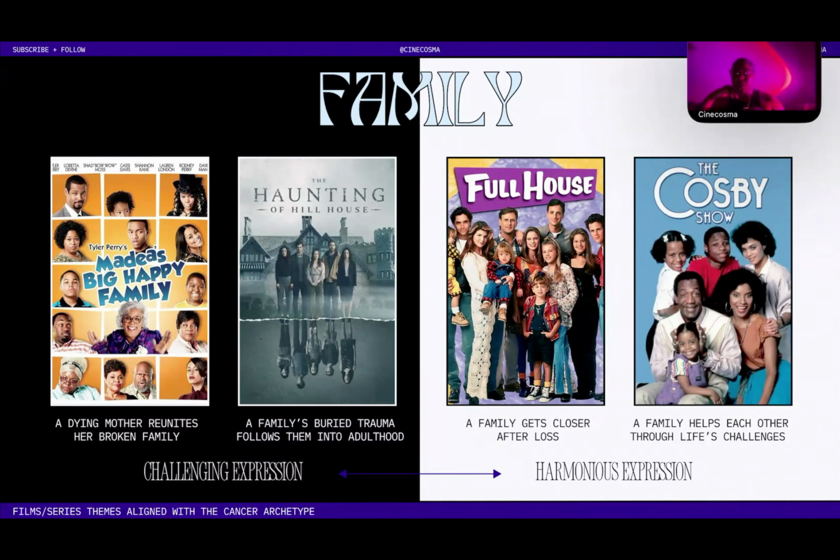So, Full House essentially follows the Tanner family and the father, who is Danny Tanner. Oh my God, Tanner. It's Tanner. The father lost his wife. He has three girls. Well, technically, he has four girls because one is twins. So he has four girls, and essentially, Full House is a story that just follows this family without the mother